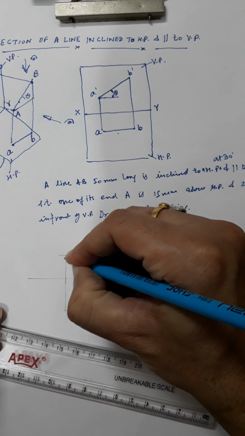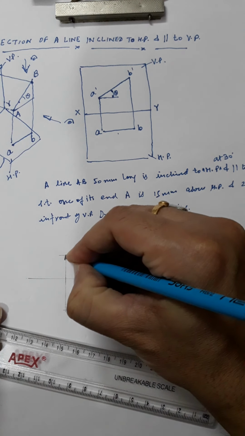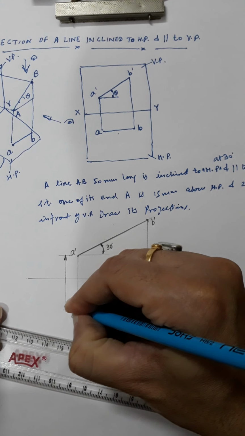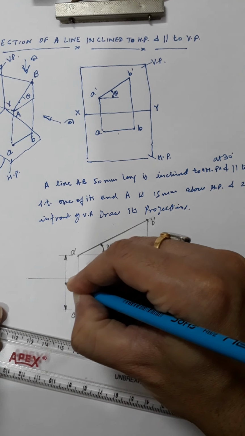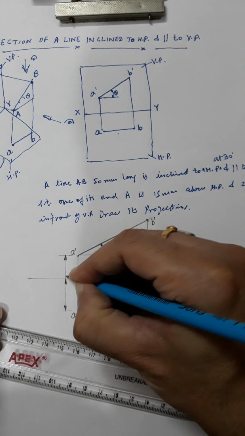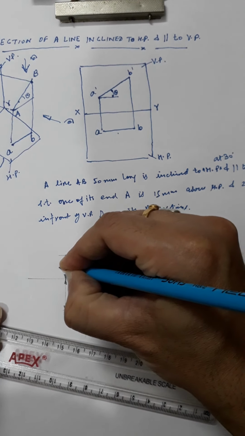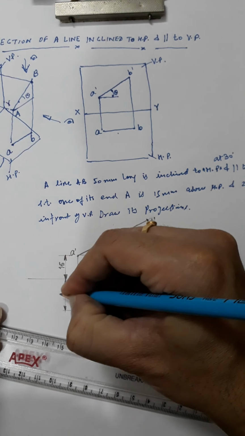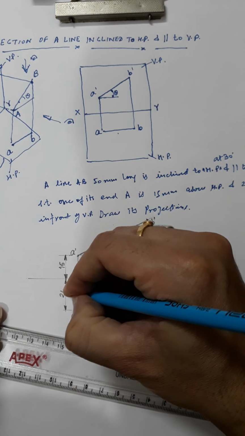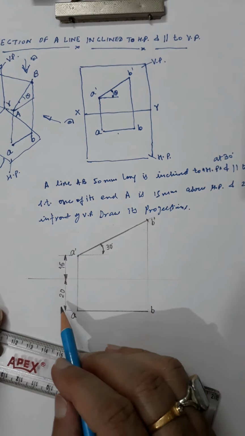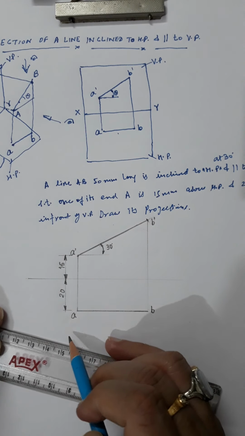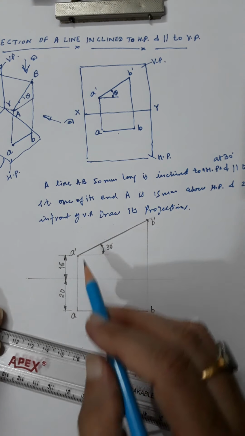So this distance is given, 15 above HP, 20 in front of VP. So I am just mentioning that as per the aligned system. 20 here. So this is 15 mm above HP, 20 mm in front of VP, and this length is also